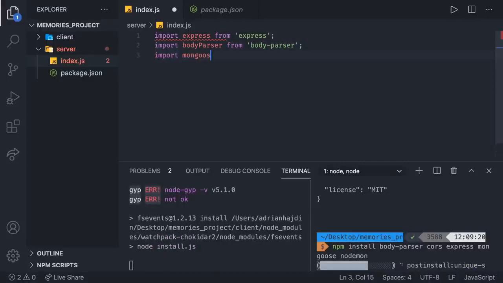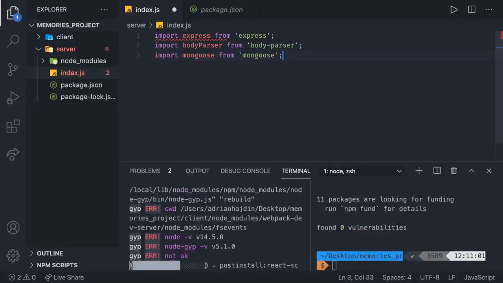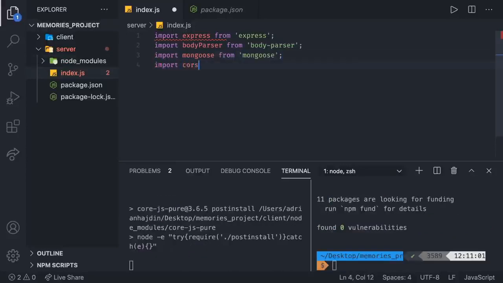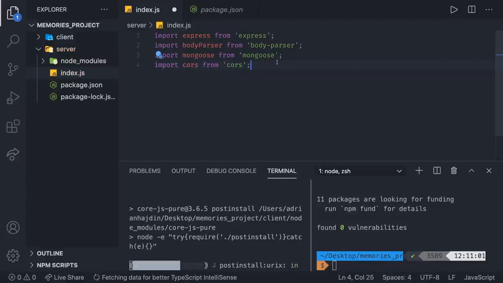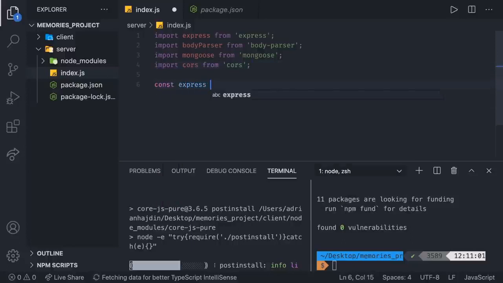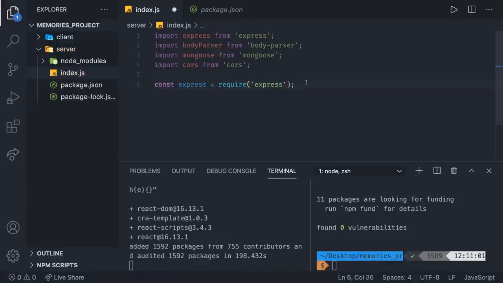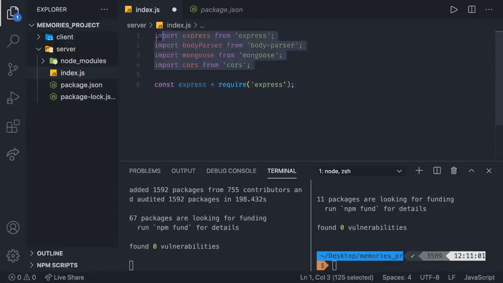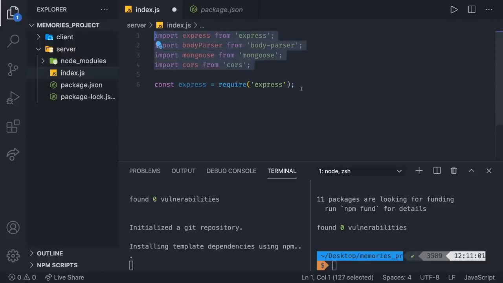Import mongoose from mongoose. And finally, import course from course, just like that. Now, you might be confused. If you worked with backend so far, you know that the usual syntax looks like this: const express is equal to require express. Thankfully, in newest versions of Node, we can use the import syntax, which is a lot more modern and